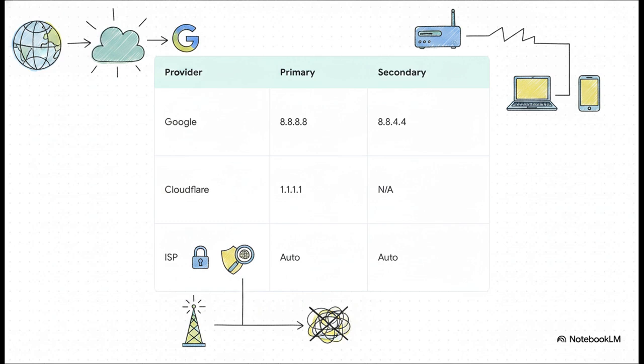Google's primary DNS is exceptionally easy to remember, 8.8.8.8, with a secondary fallback of 8.8.4.4. Then there's Cloudflare, highly regarded for privacy and speed, which uses 1.1.1.1. Typically, your telecom ISP provides their own DNS, which is automatically assigned and specific to their private network. But if your ISP's DNS servers crash, creating that internet illusion we just talked about, you can manually swap your computer's settings over to Google or Cloudflare to instantly get your internet browsing back online.